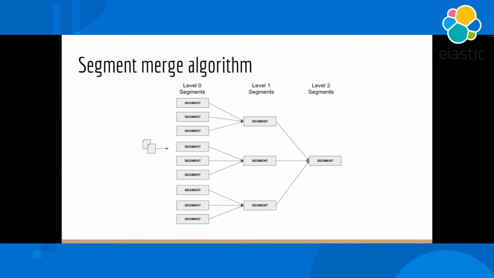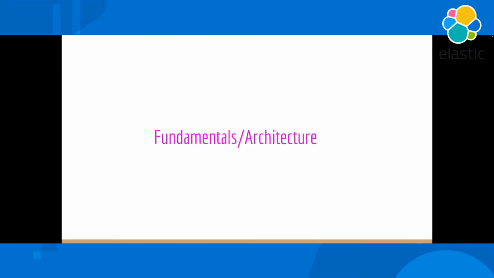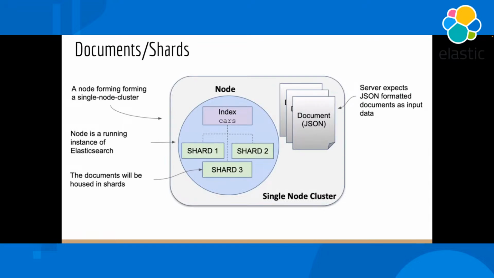This is the merging algorithm, what segments are going to do. Basically, every second, Apache Lucene comes up and picks up all the documents which have not been flushed. Every few documents are pushed into a segment, and every time you have 3 segments, it's going to create a level 1 segment. For example, in this case, you have 9 level 0 segments, and because you have 9, it's going to create 3 segments from them, and all those level 1 segments are going to be 3 of them. Once you achieve those 3, then again level 2 is going to be merged into 1 segment, and then the flush happens after that. That's as simple as that.